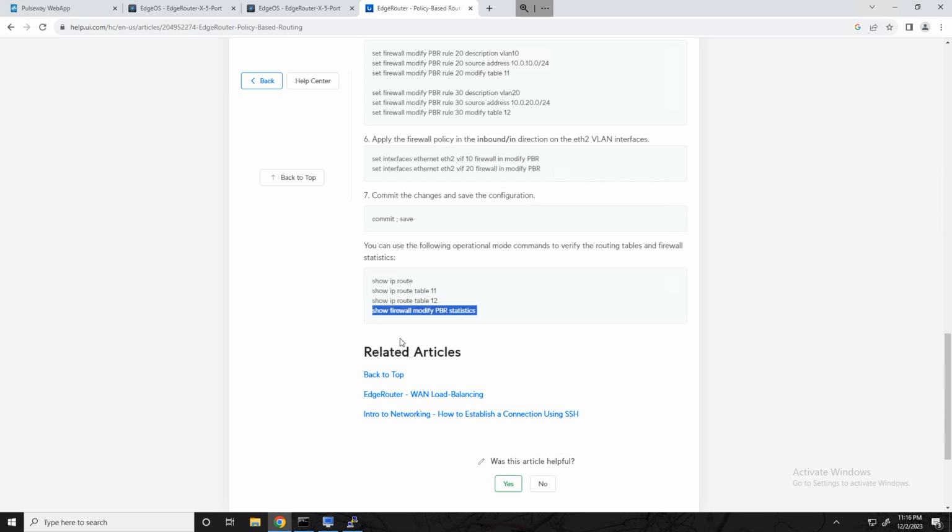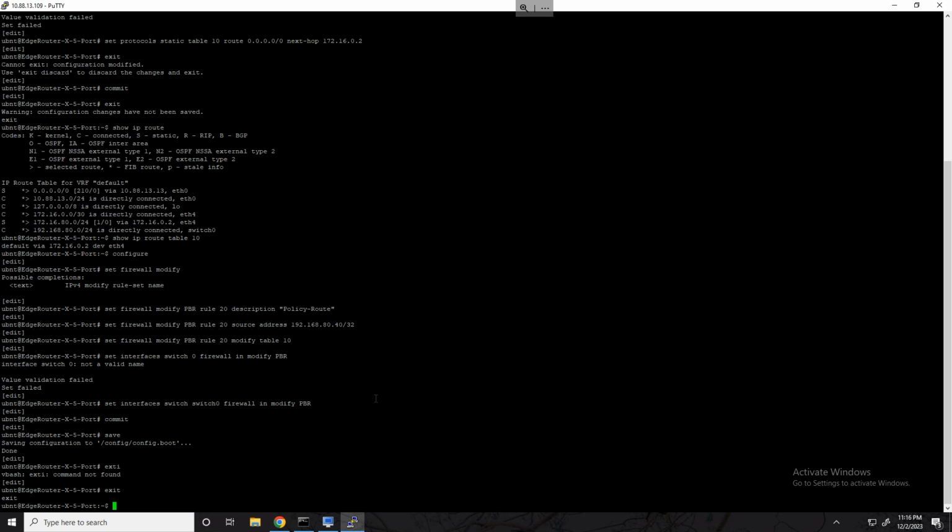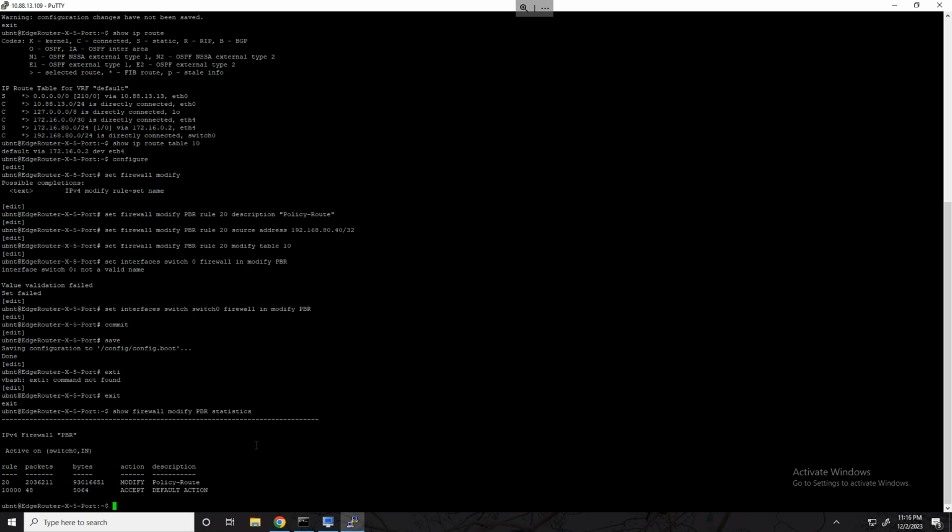But we didn't do this show firewall modify PBR statistics, so let's go ahead and bring up our edge router here and show firewall modify PBR statistics. This just says which rules are being matched for our policy-based routing configuration. And we've got rule 20, that's what we said to identify traffic from our host. And you can see we've got a ton of packets and a ton of bytes for the modify action policy route. So our rule is working, and we already verified it was working, but this is just another way that you can. If you see 0 and 0, that means nothing's being matched by that rule, so policy-based routing isn't